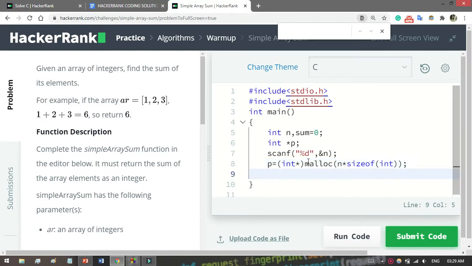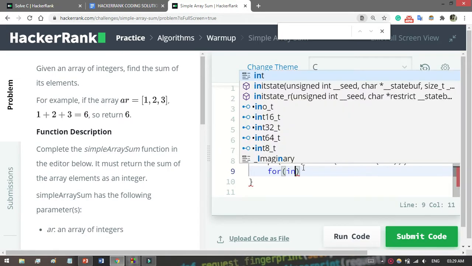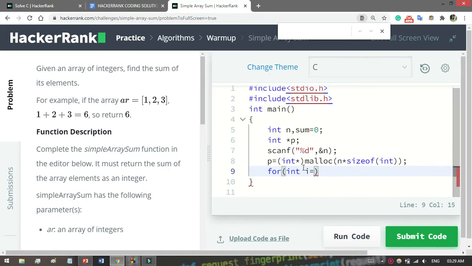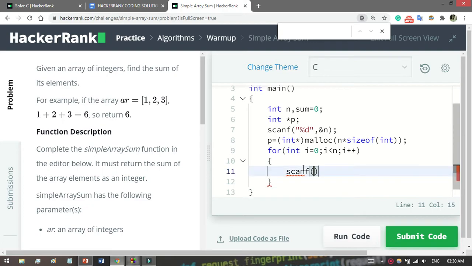And now what we have to do is write a for loop to input from the user: i less than n, i plus plus. So use scanf to take input from the user.